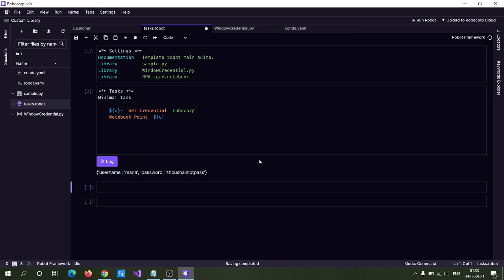Hope now you have got an idea of what the use of this conda.yaml is. So this is all about custom library creation in Robocop.